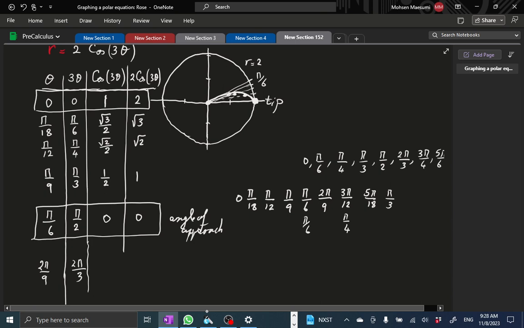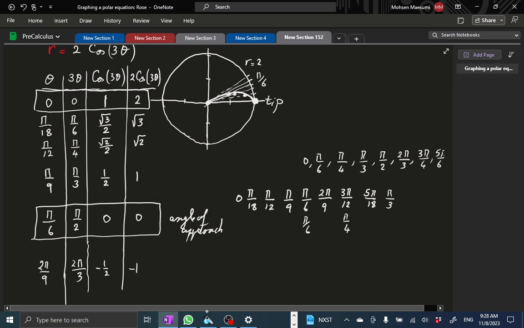Important thing is that now it has become negative. Is that right? Cosine of 2 pi over 3 is negative 1/2. You double it, you get -1. What does that mean? At 2 pi over 9, which is somewhere around here, almost 40 degrees, where is my